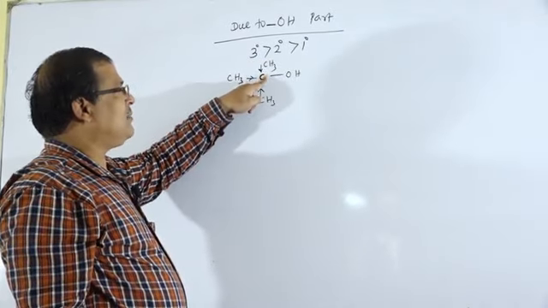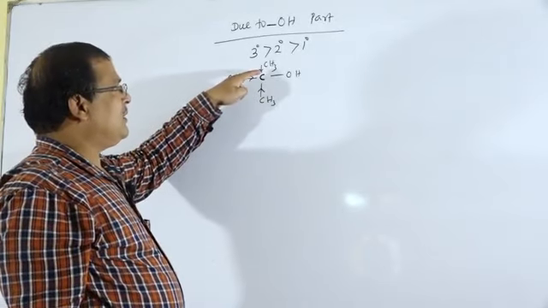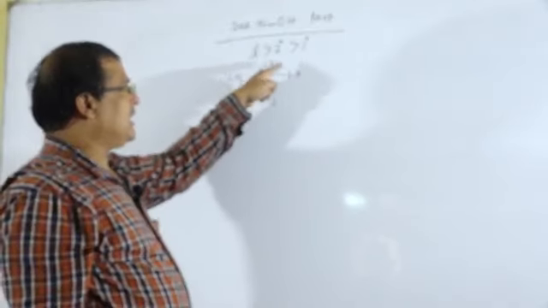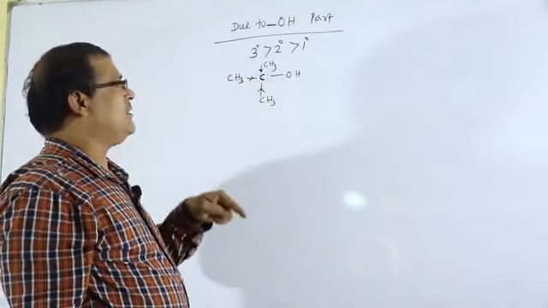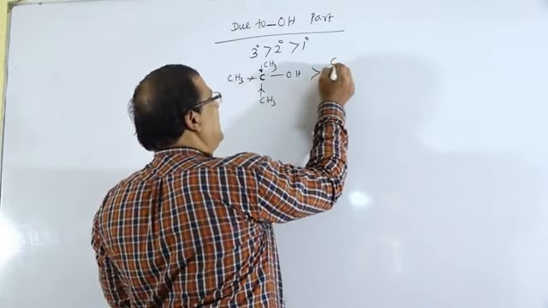Electron density becomes more over this carbon atom, and with the negative charge on the oxygen atom, there is repulsion, so this bond will break easily. So tertiary alcohols are more reactive than secondary,